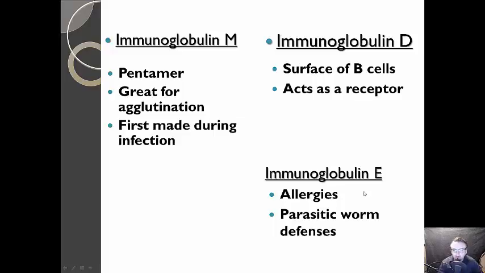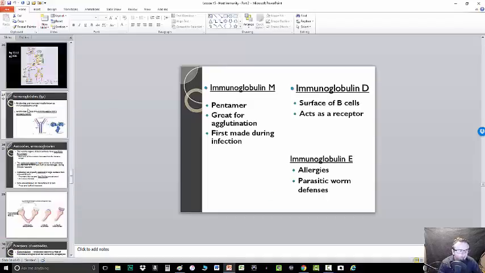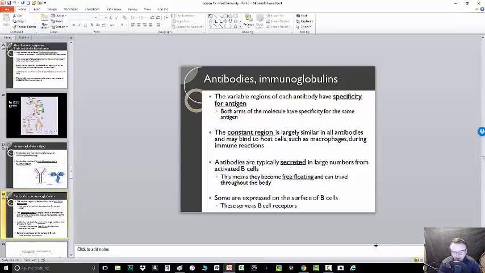IgD and IgE are much less common. They're produced in much smaller quantities. But IgD is the one that acts as the receptor. So I mentioned earlier that in some cases,